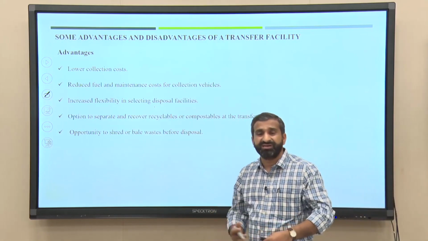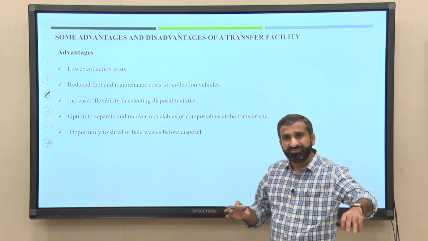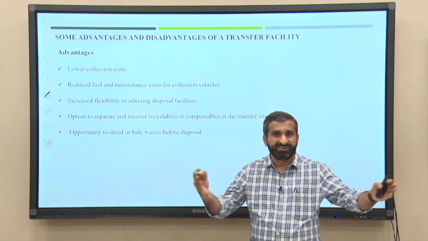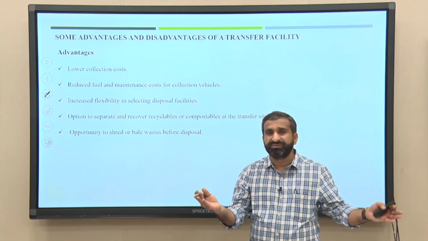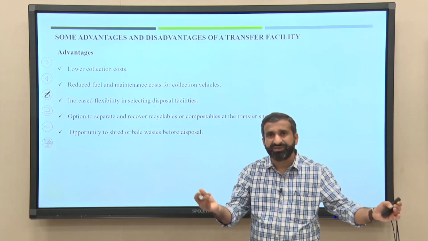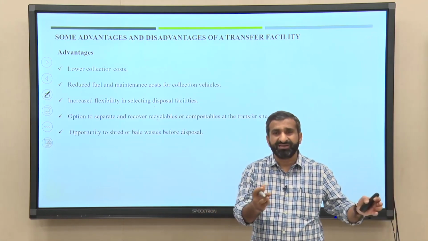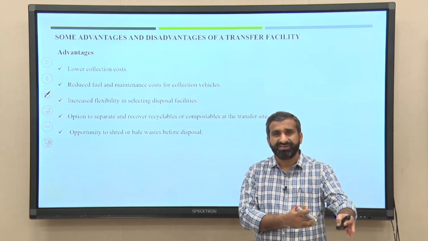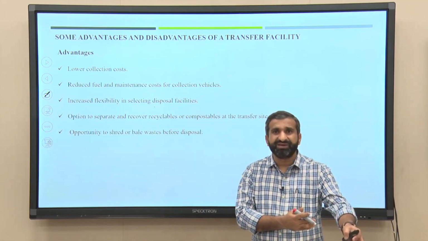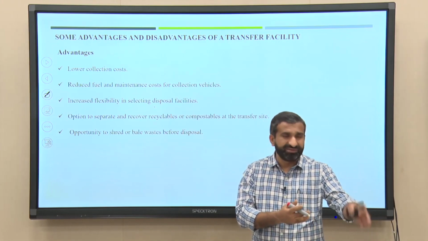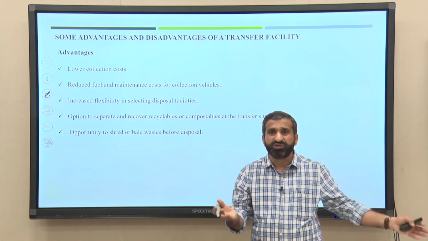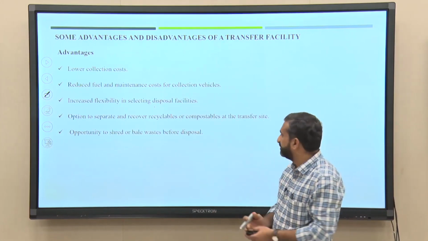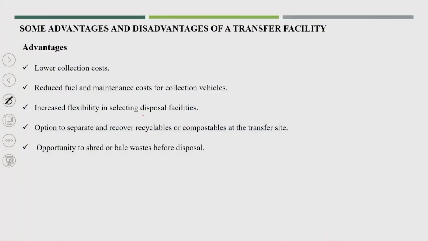Or it is possible that for a few cities close together, maybe there are 2 ULBs whose distance could be 100 kilometers, somewhere in the middle we can plan one disposal site or recycling facility, and the waste from both the ULBs will come together. So, that is also possible, we have that flexibility if we have a proper